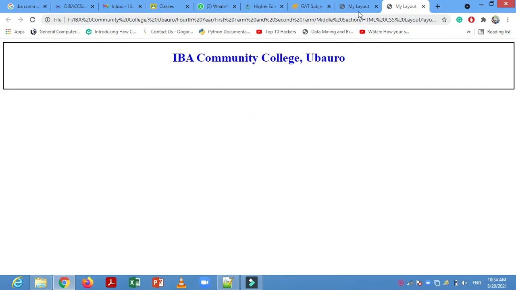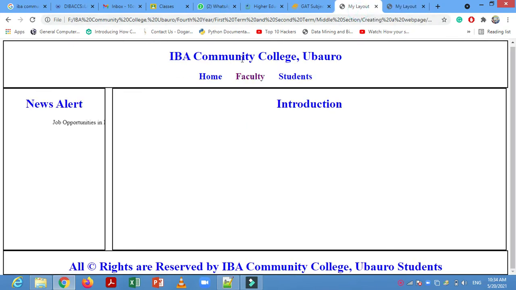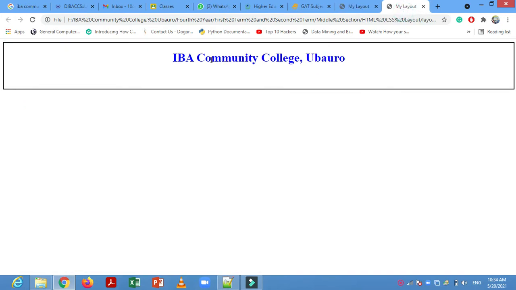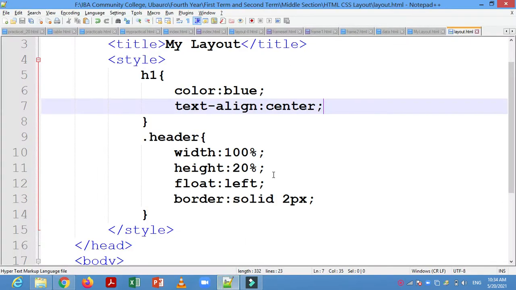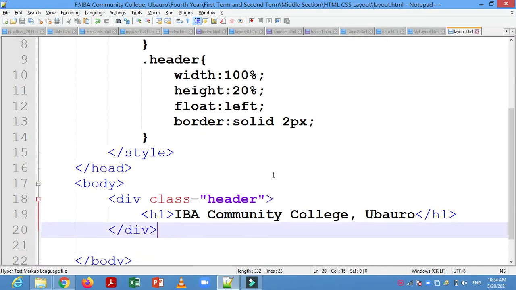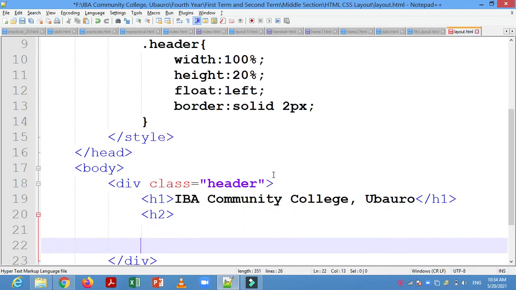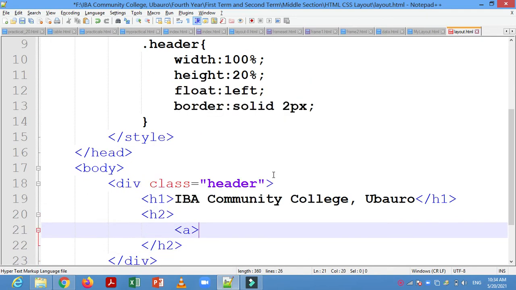So from this layout you can see I have written IBA Community College, and here you can see IBA Community College Bado. Then we have to create the links such as home, faculty, and so on. For this we write H1 only for the font size, and then an a href.